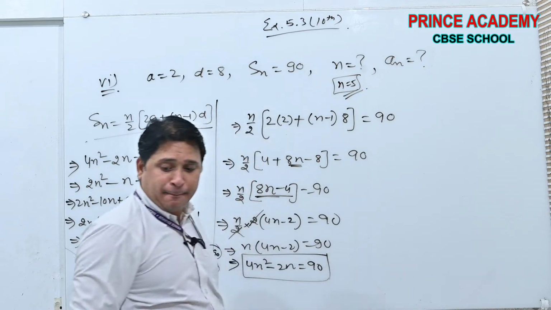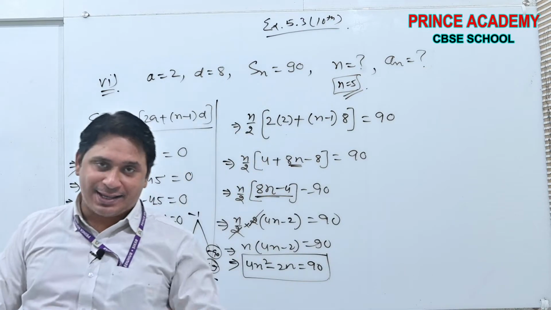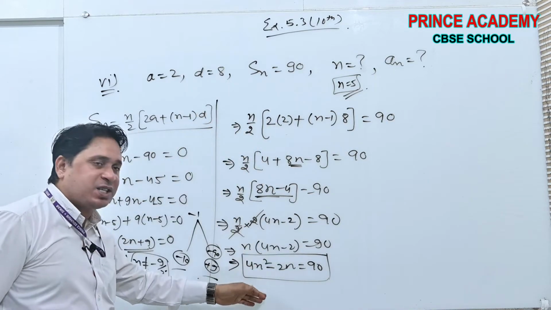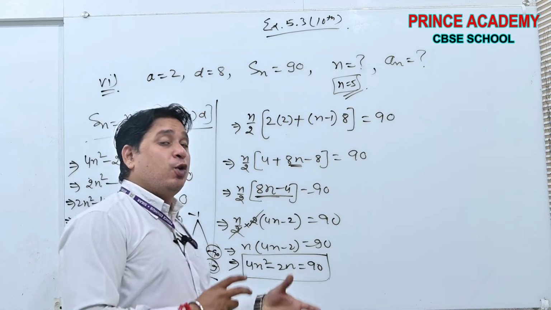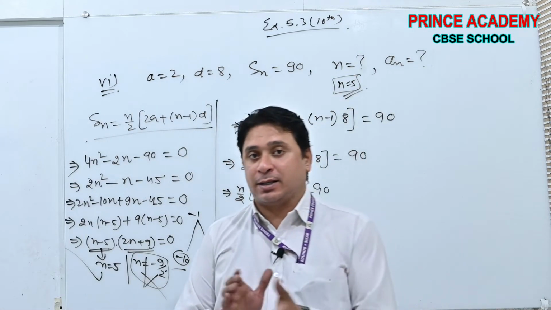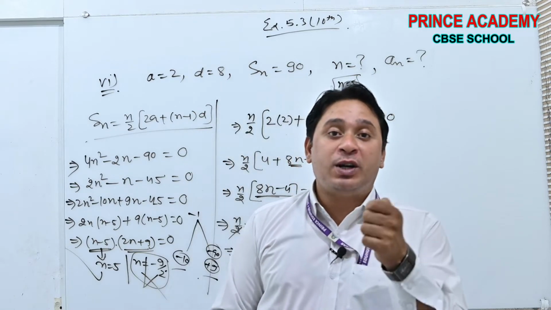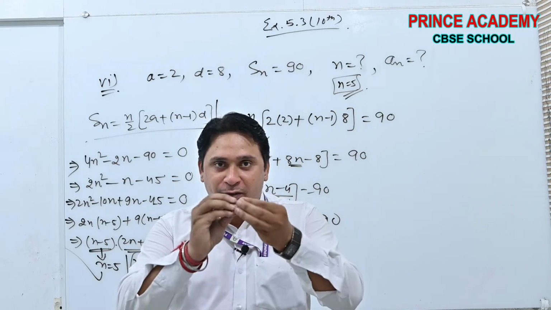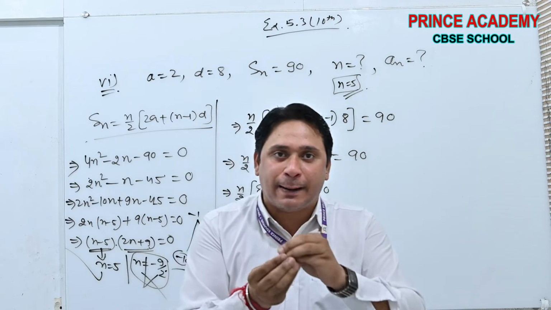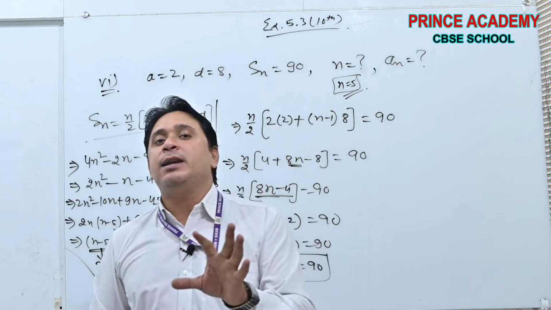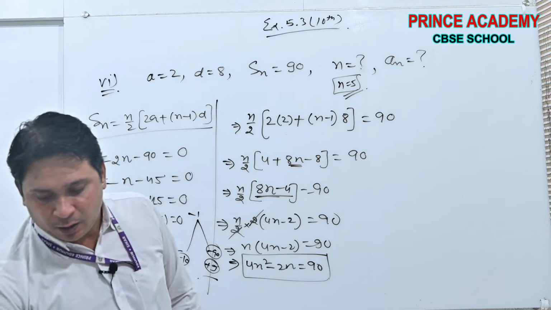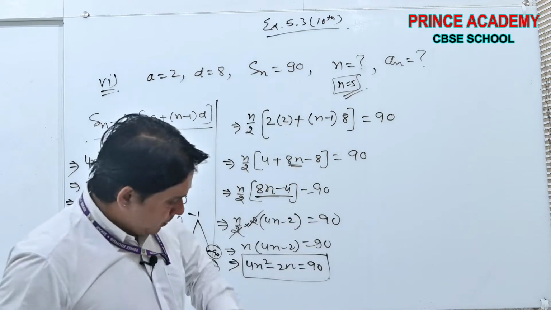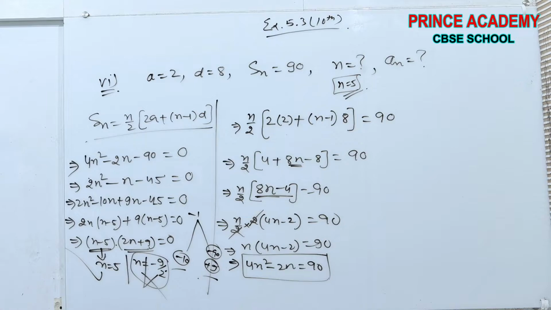Okay, beta. See, this question was very simple. Only the solution became a little bit lengthier because the quadratic equation concept was added. See, beta, what does CBSE do to make a question complex, typical or difficult? CBSE tries to give a combination of 2-3 concepts in a single question, and then the question is made a little bit lengthier or a little bit difficult. Okay, then take the screenshot, beta.